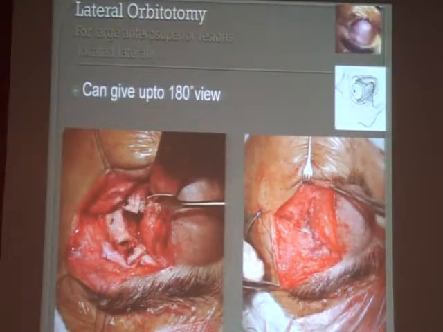Coming to the lateral orbitotomy, these are meant for large anterosuperior lesions located laterally, and they can give up to a 180 degrees view. And here we can see the zygomatic bone has been removed, and this is done for a large orbital dermoid. And here we can see the cheesy material over here. And usually in such large lesions, where a lot of dead space is left behind, and there's been bleeding, then you can leave a drain.